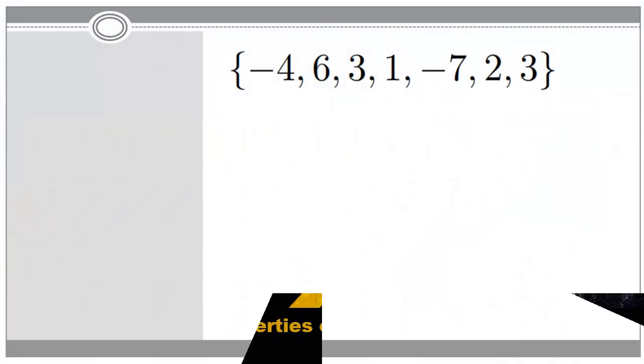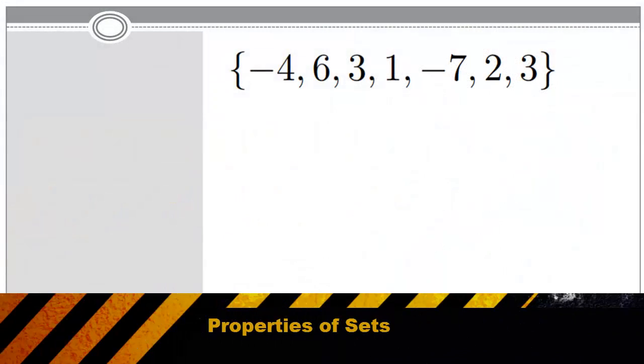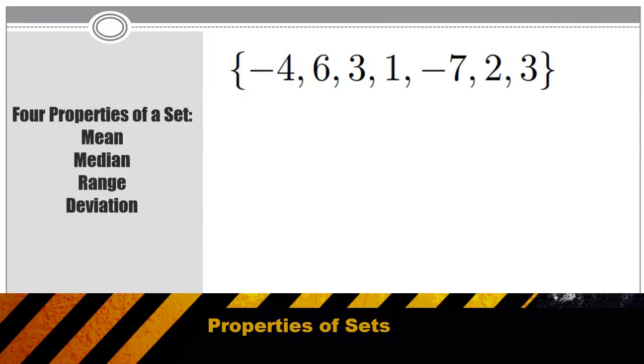A set is simply a collection of numbers. And for every set of numbers, you need to be able to identify 4 characteristics: the mean, the median, the range, and the deviation. To find the mean, you simply add up all of the numbers. We call that your sum. Then you divide that by the number of numbers in your set, and that's equal to your mean, also known